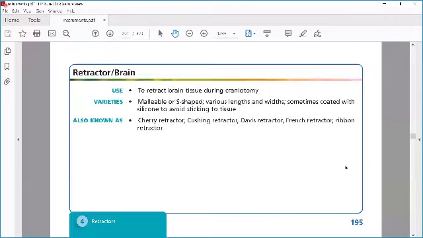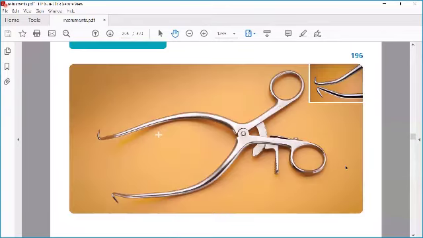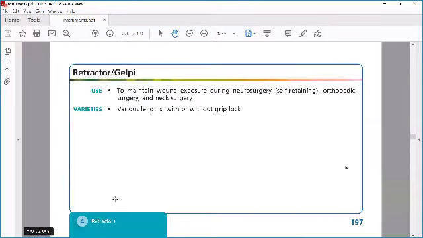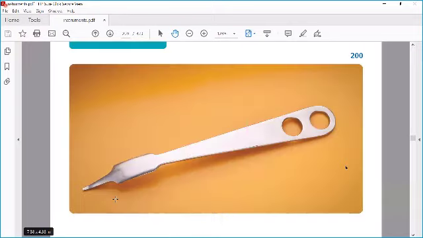We use Gelpi for retracting when you don't have an assistant, to retract the wound. Remember that Gelpi has one pointed end. Yeah, and this is another retractor.